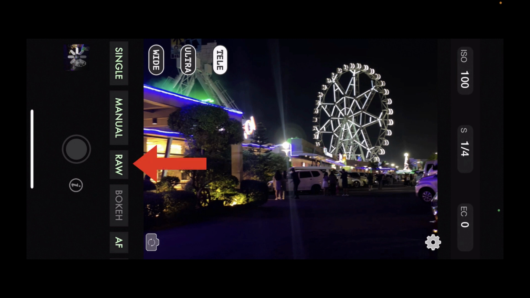I've set the shooting mode to RAW. That'll give you the maximum dynamic range for editing. However, shooting RAW is not enough. You have to make sure your ISO is low. So to do that, I've set the exposure mode to manual, where I've set the ISO to 100 to control